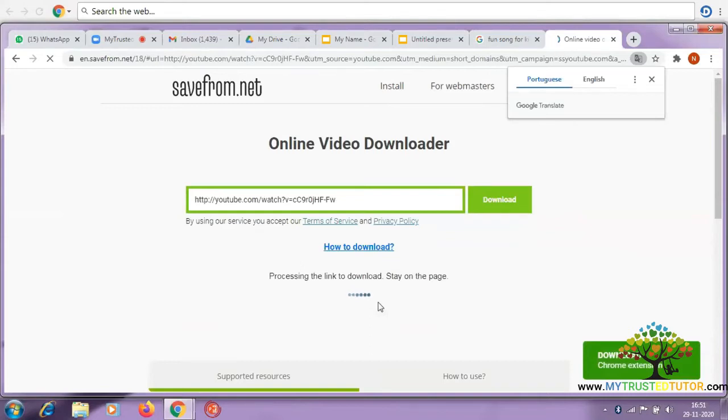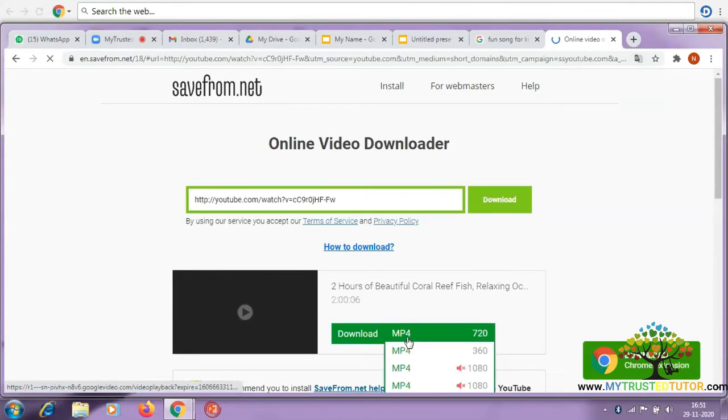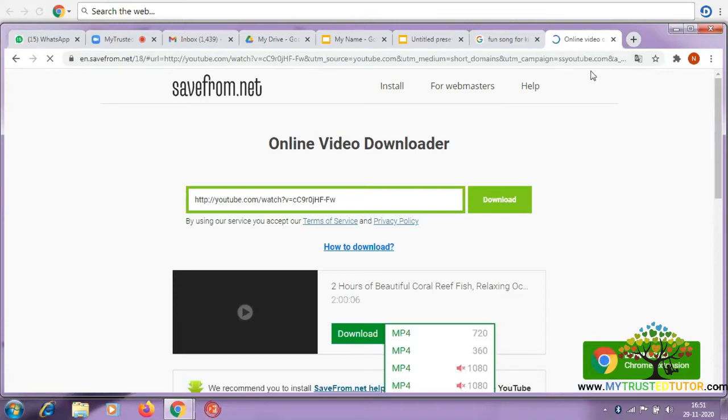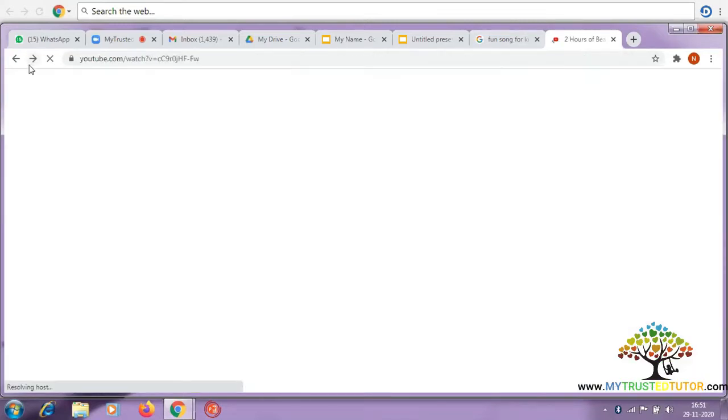After we press enter, this is how you get to download a video. You get the option over here, download the link. I downloaded it as MP4. This is a 1 minute video. I'm taking another video because the other one is a 2 hour video. It will take a long time to download, and I will not be able to show you how to insert it. So I will take a short video because this 2 hour video will take a long time to download.